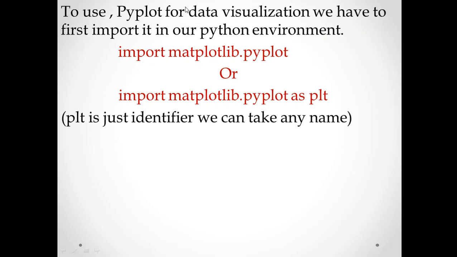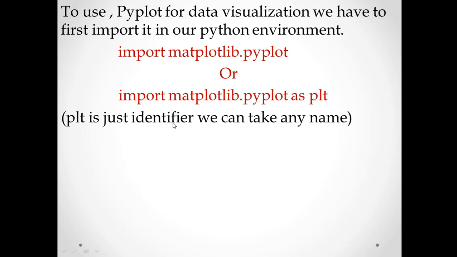Here also, to use matplotlib, we need to import it. So import matplotlib.pyplot, or import matplotlib.pyplot as plt, as we did as pd and as np. Here we have given the name plt.